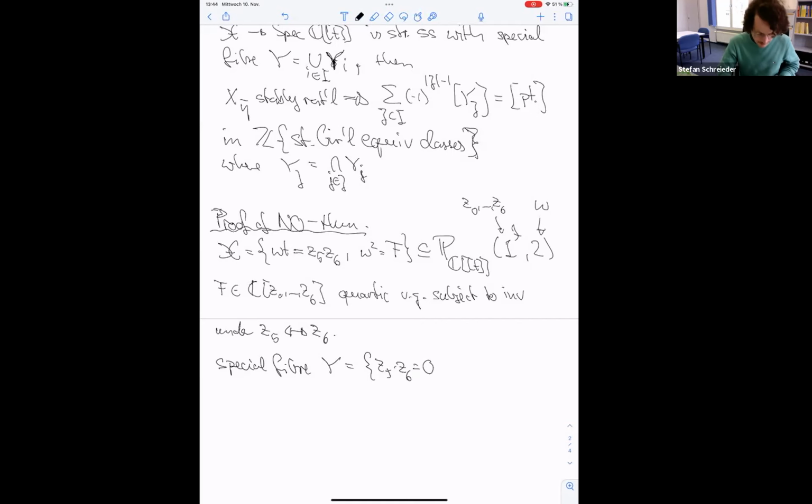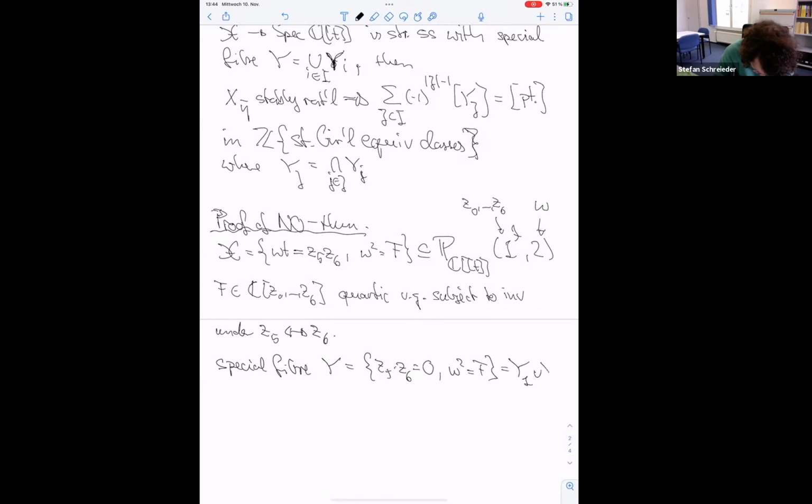So this is a union of two hyperplanes, and then the second equation is a double cover like this. So this will be a union Y1, union Y2, where this Yi is a 2-to-1 cover of P5